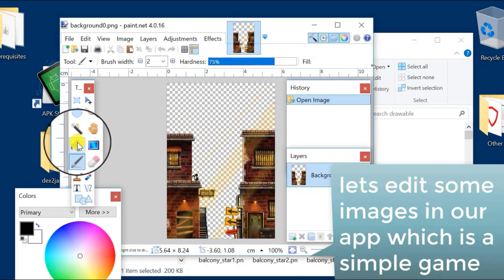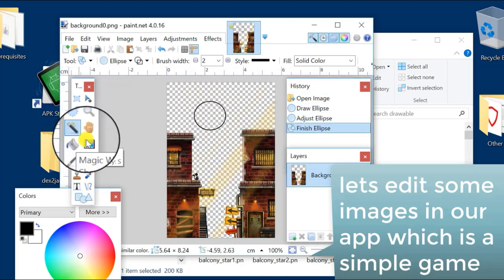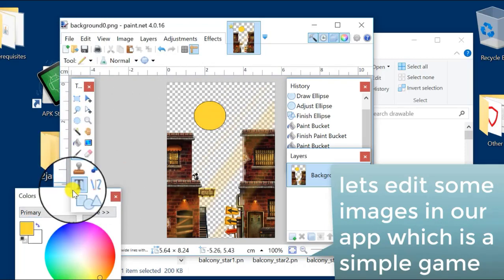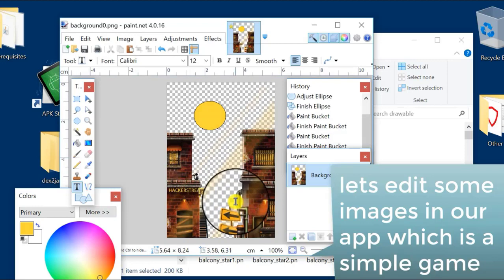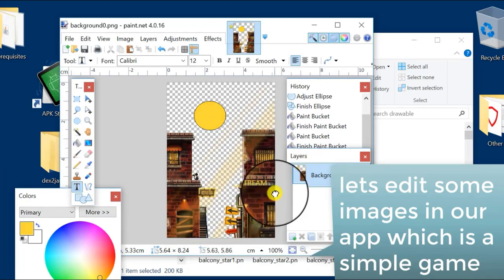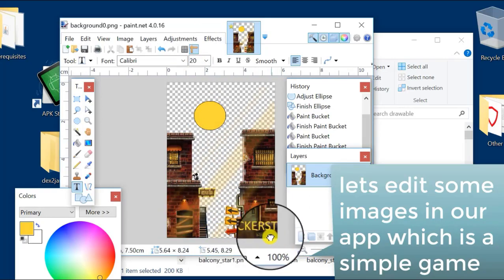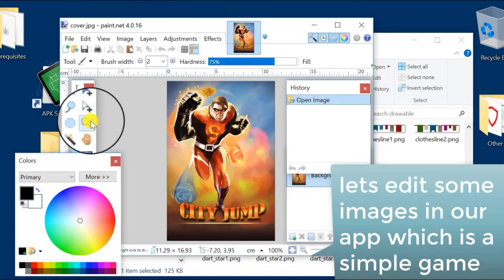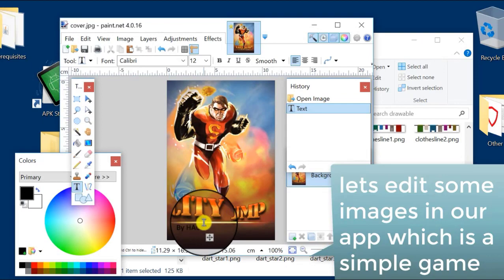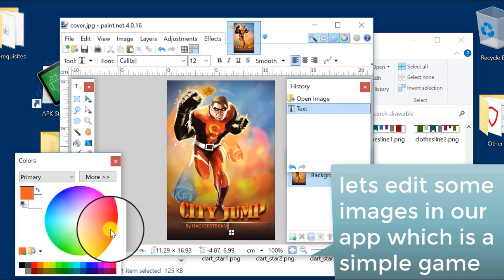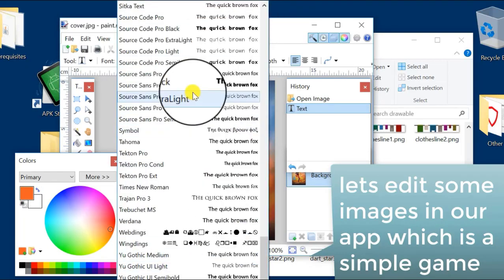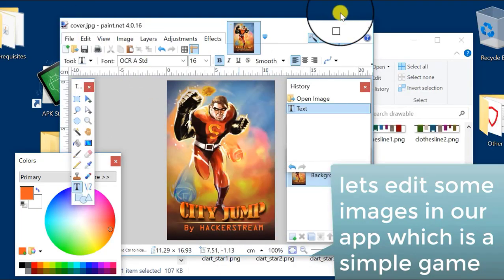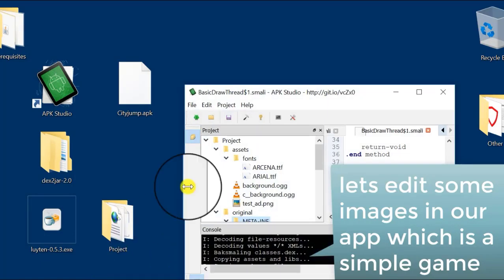So now let's edit. So our editing is now completed.